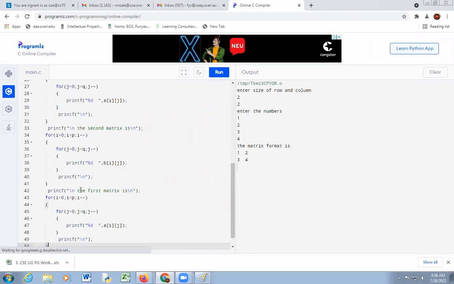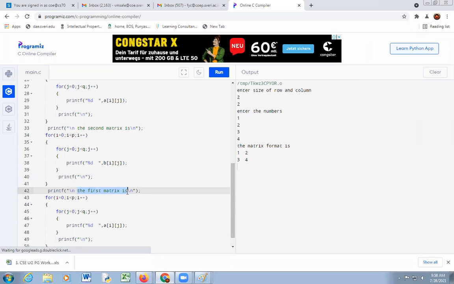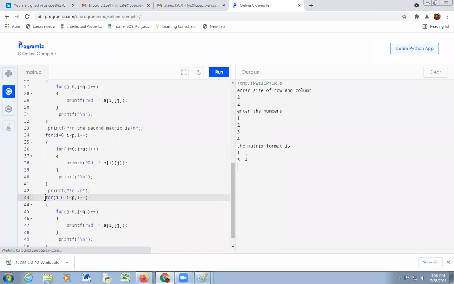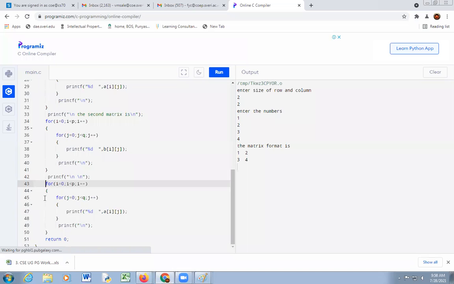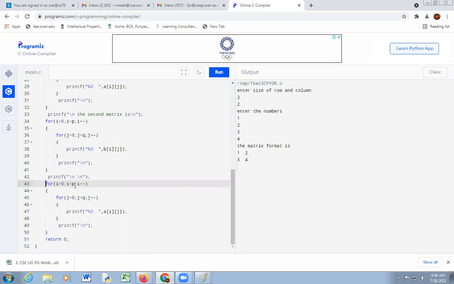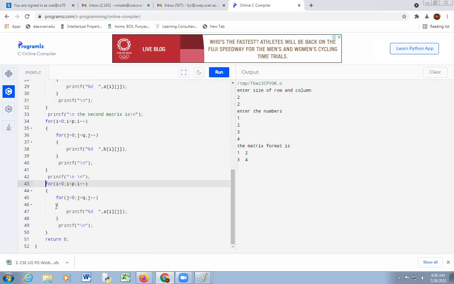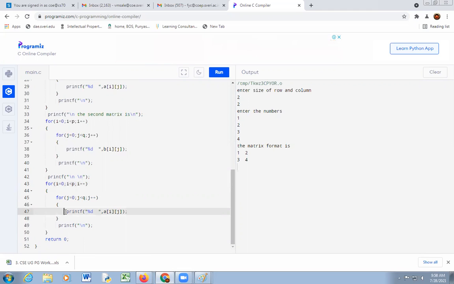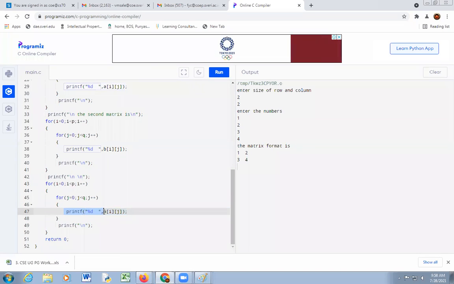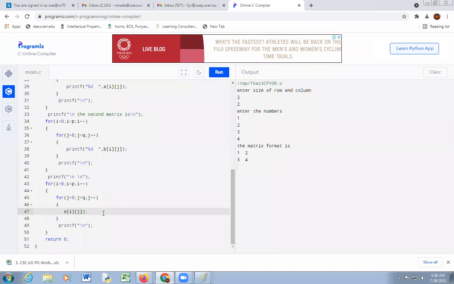So here, for addition from line number 42 to 49, for i equal to 0, i less than p, i plus plus. For j equal to 0, j less than q, j plus plus. Here I want to do addition of the two matrices.